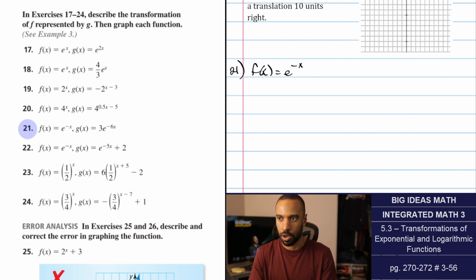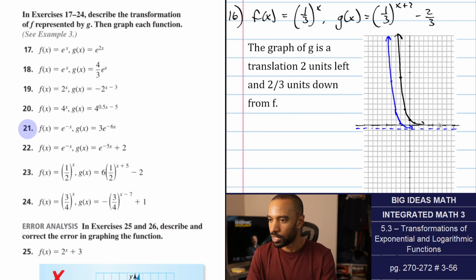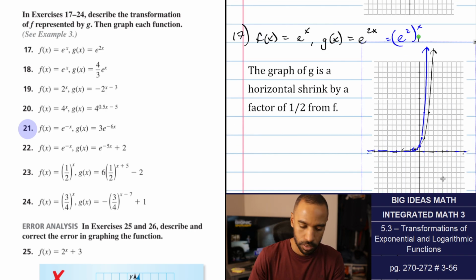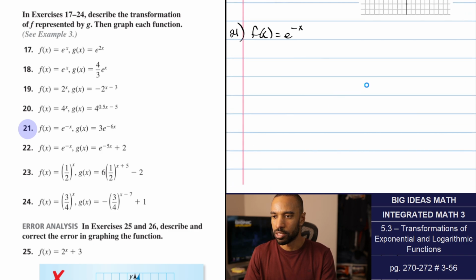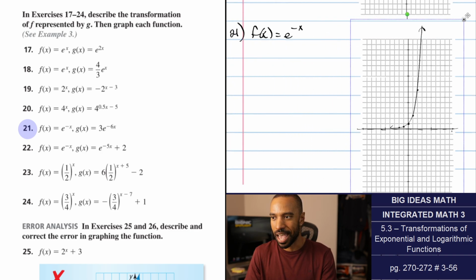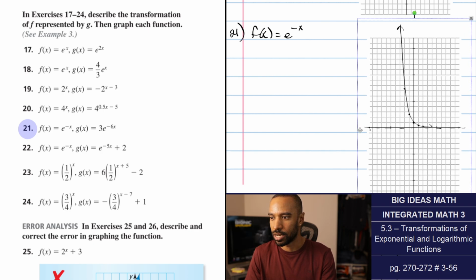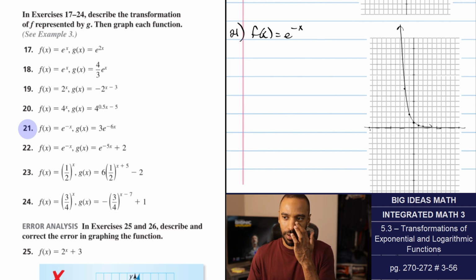Let's start by pulling that one over. I have to find it. I think it was this one. Yeah, this one? Okay. So let's steal this. There's our e to the x. E to the negative x. I'm just going to flip it over. All right, there's our e to the negative x. Okay. G of x